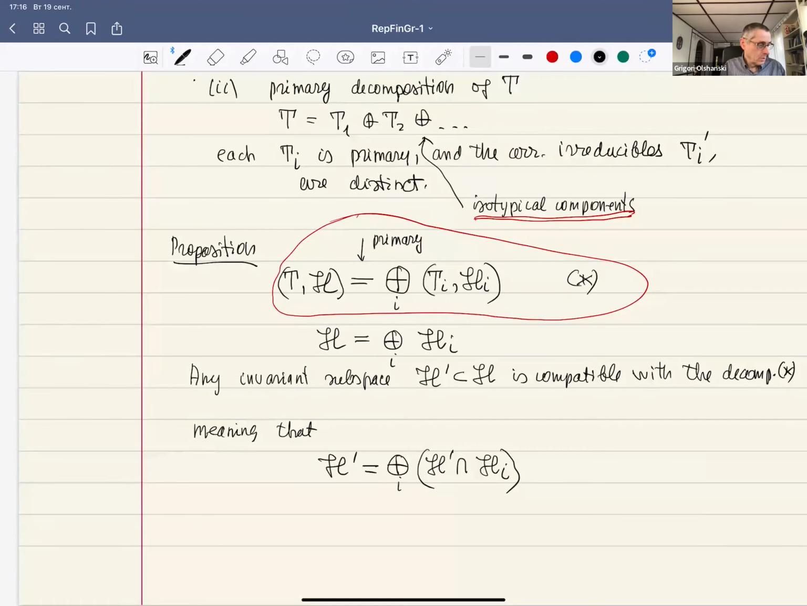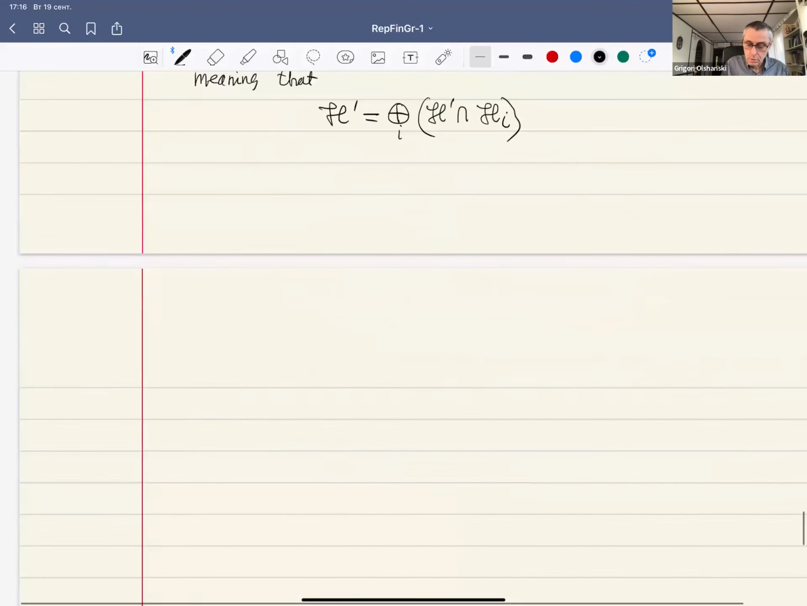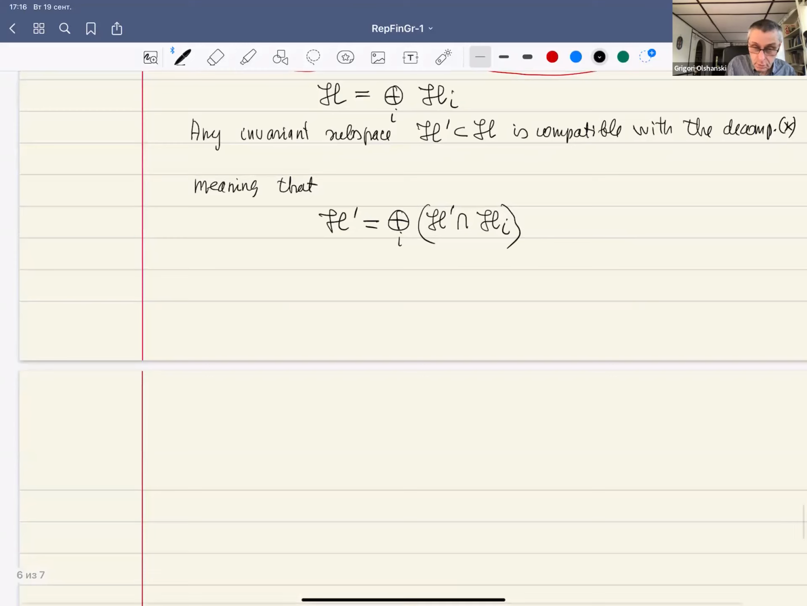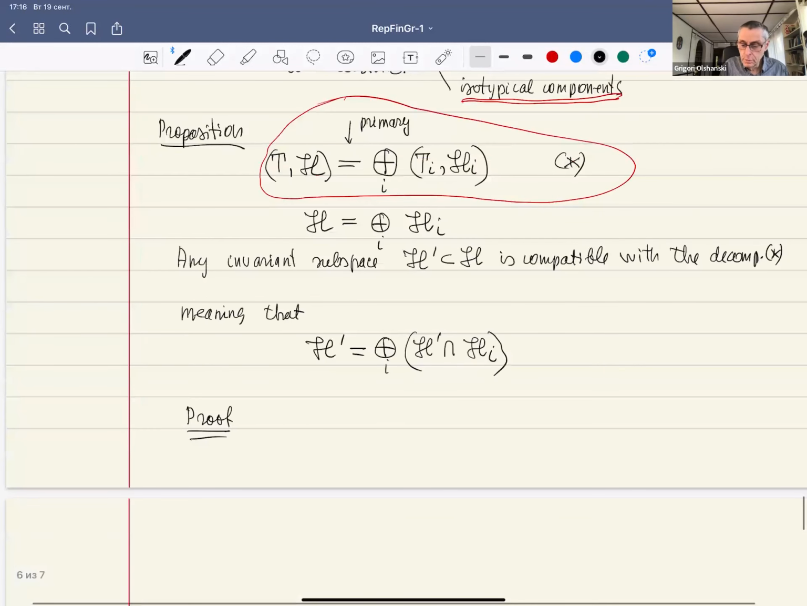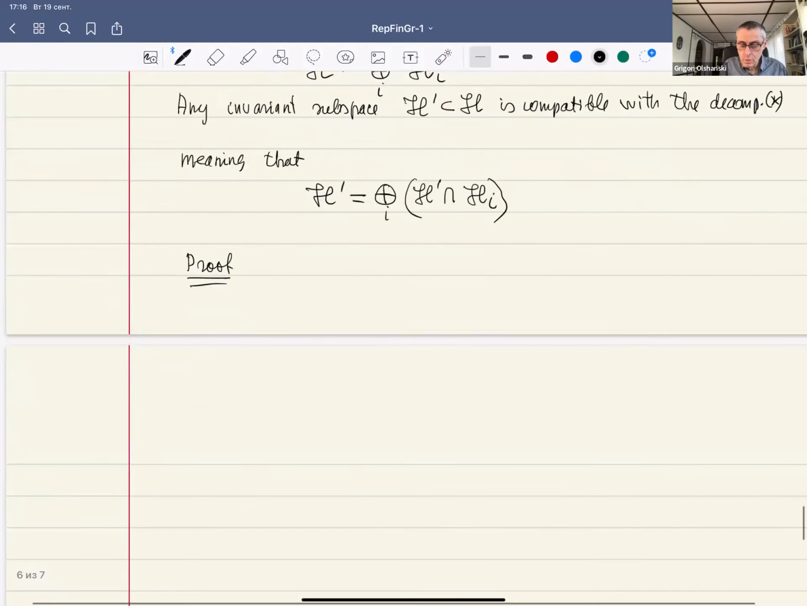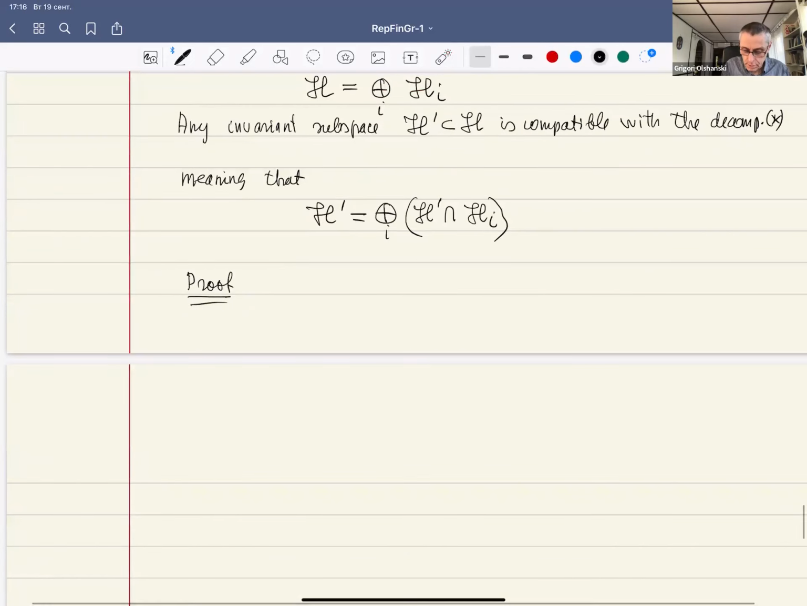Why? So the proof goes as follows. Look at this decomposition of our space. So, for instance, we can write H as a direct sum, A,